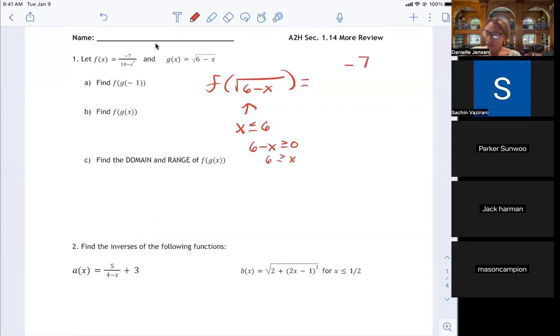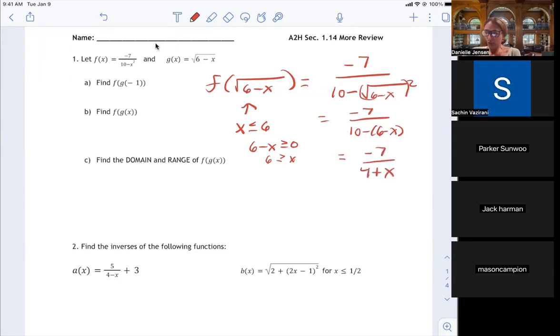And if I put that into the outer function, 6 minus x squared, the squared and the square root undo each other. So I have -7. Just remember you're subtracting that whole quantity, which means distributing that negative in this case. So -7 over 4 plus x, which means x can't be -4. So when you are doing a composition, it's the domain of the inner function and end result that matters. So the domain will be negative infinity, can't be -4,